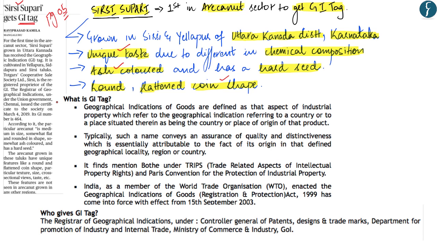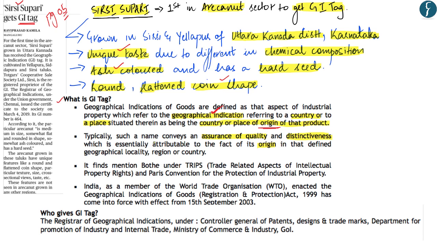Let us now know a few things about what is a geographical indications tag. The geographical indication of a good refers to the country or the place of origin of that product. To simply say, a geographical indications tag refers to that geographical place or country from where that product has originated. The importance of a GI tag is that it conveys an assurance of quality and distinctiveness